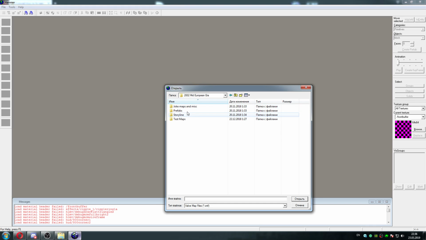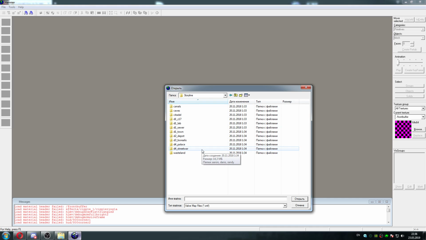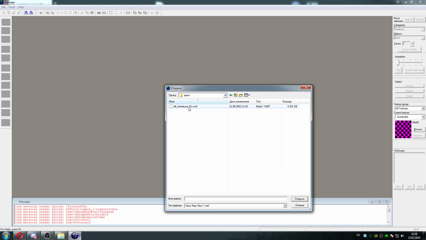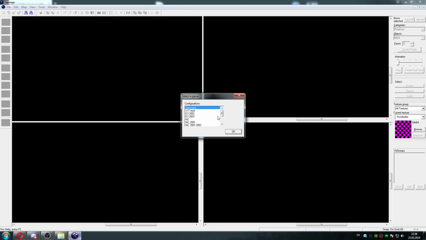So let's go to sorted Mappack and find something. Oh, let's check this one, for example. Oh, and over here you can see different. This is what I was talking about. Here I have different